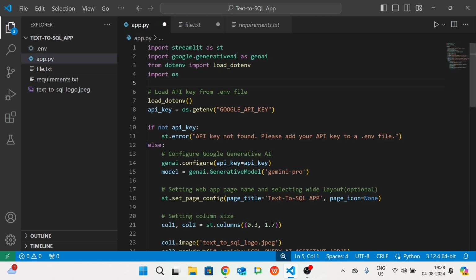So let's begin with the code. First four lines, a very simple four lines. All of you know that the first one is import streamlit as st. So we are using the Streamlit framework to create a web app in Python. It also allows for creating interactive UIs easily. So we know Streamlit. Second, Google Generative AI as Gemini. Whatever we write here is an alias, so we are using it further.